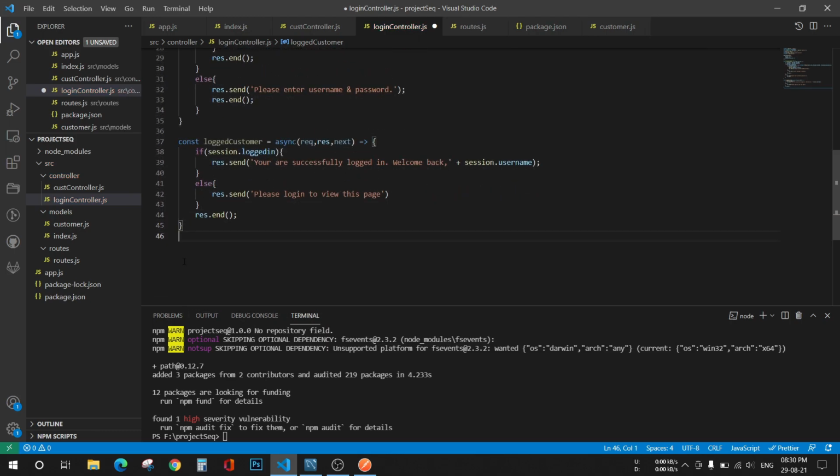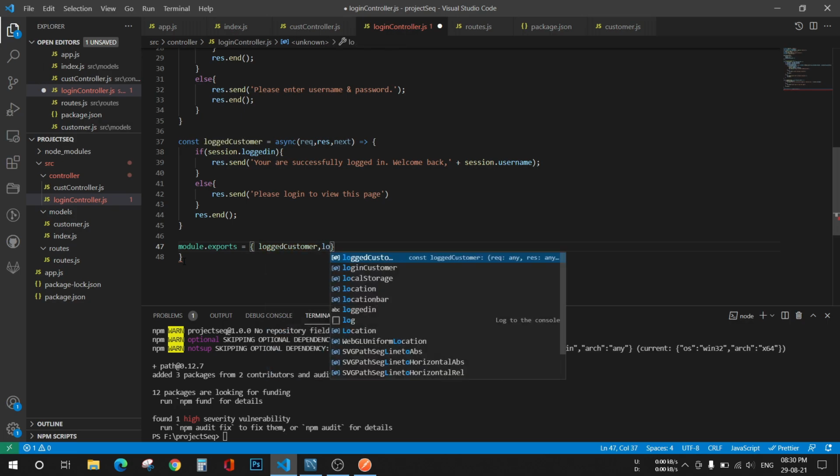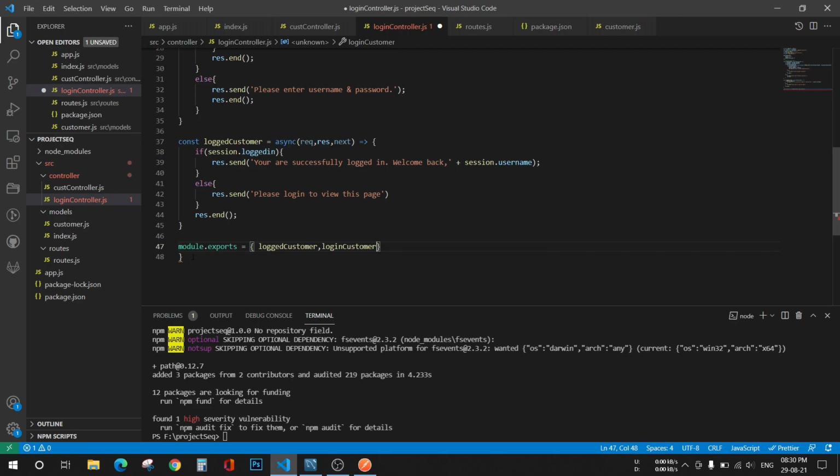For using this method, we have to export it. So module.exports equals login, loggedCustomer and loginCustomer. Save it.